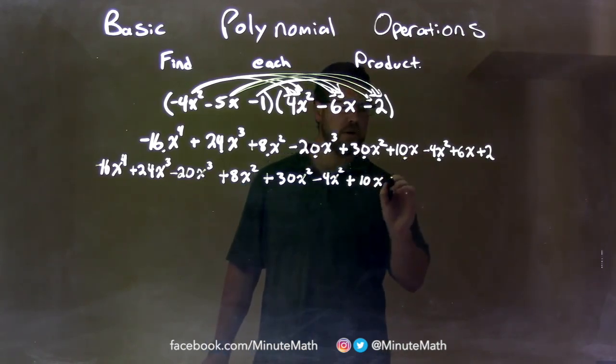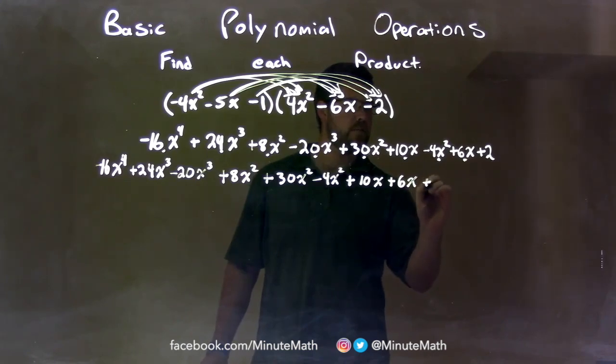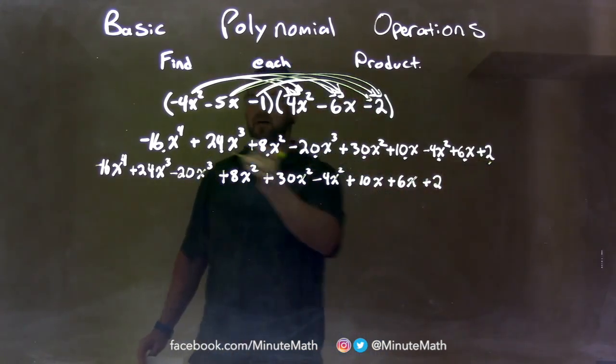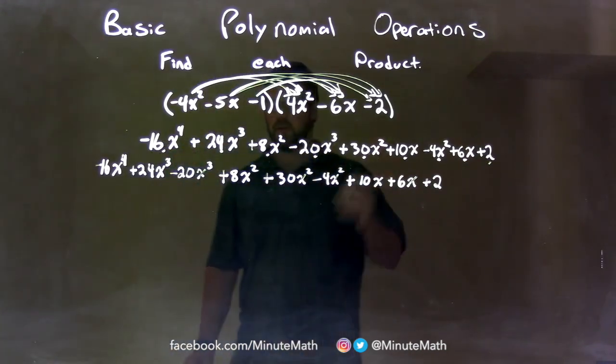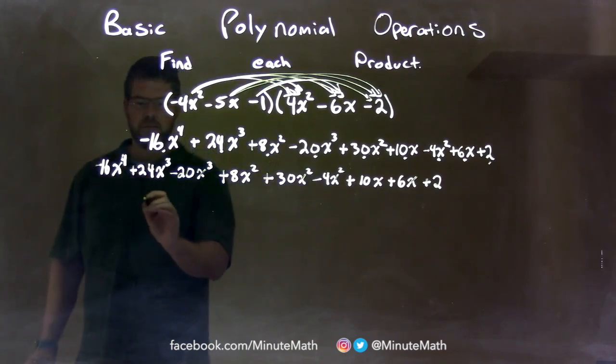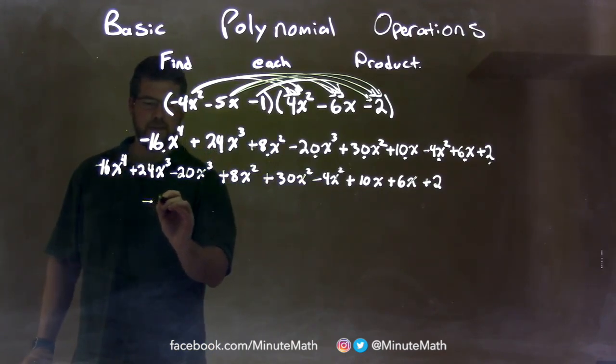Right there. Let's bring down the 6x and bring down the 2. So we should have everything down, every dot should be under every single term, write everything down. So now we can combine our like terms. Well, nothing else is to the 4th power, so we just have a minus 16